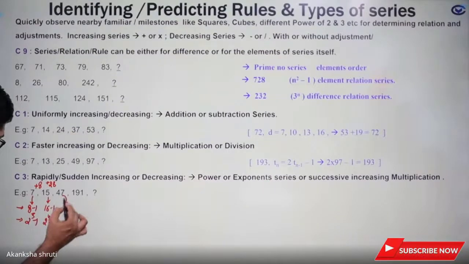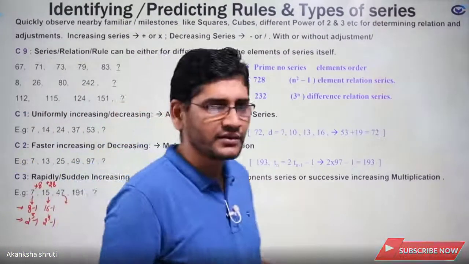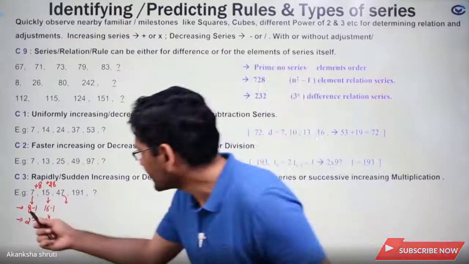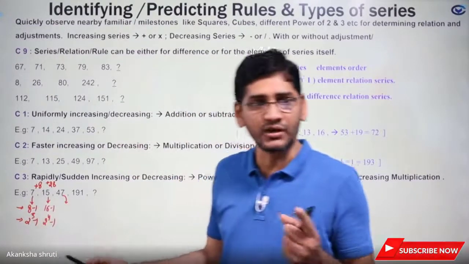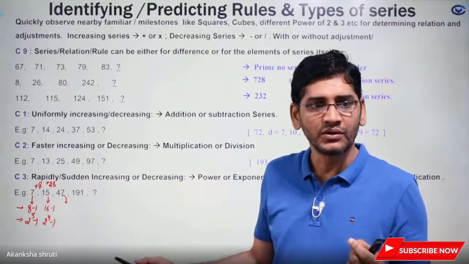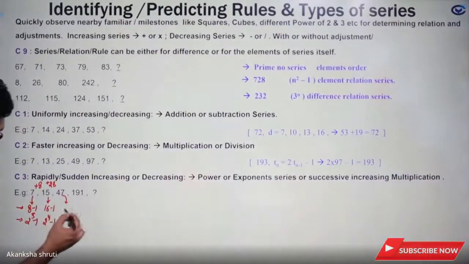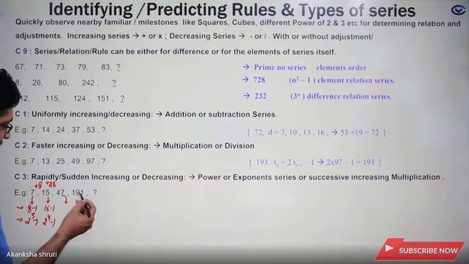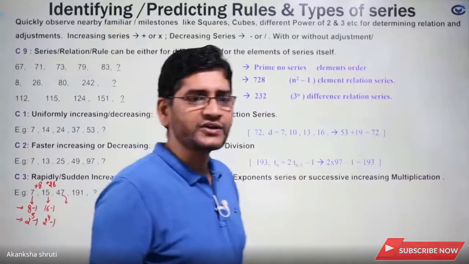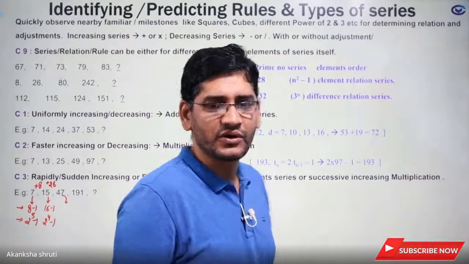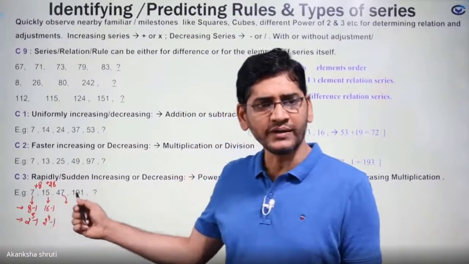But coming to this 47, 47 is not at all near to any familiar number. So our approach of thinking in the power series has failed after just 2 terms. Then what to do? Students, because 47 cannot be written as 2 to the power anything minus 1. Similarly, 191 is not coming anywhere, because in powers of 2 it is either 128 or 256. Also 47, it is 32 or 64.